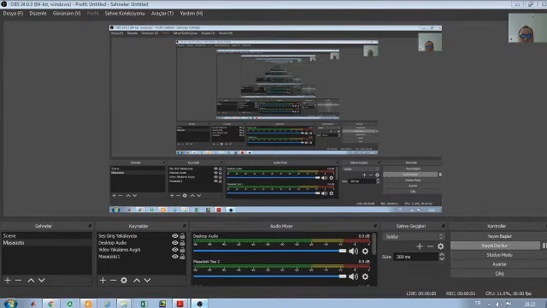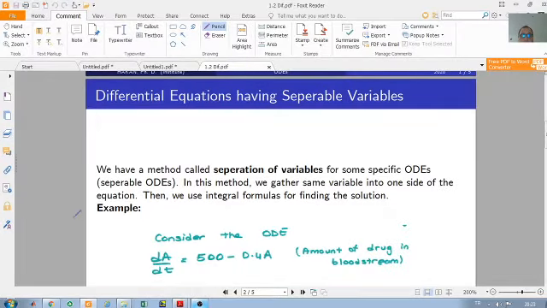Hello everyone, in this video we will cover section 1.2. In this section we will see solutions of some ordinary differential equations. Especially we will deal with separable ordinary differential equations. This is a method called separation of variables, namely to find the solution of separable ordinary differential equations. In this method we gather the same variable into one side of the equation, and then we use integral formulas for